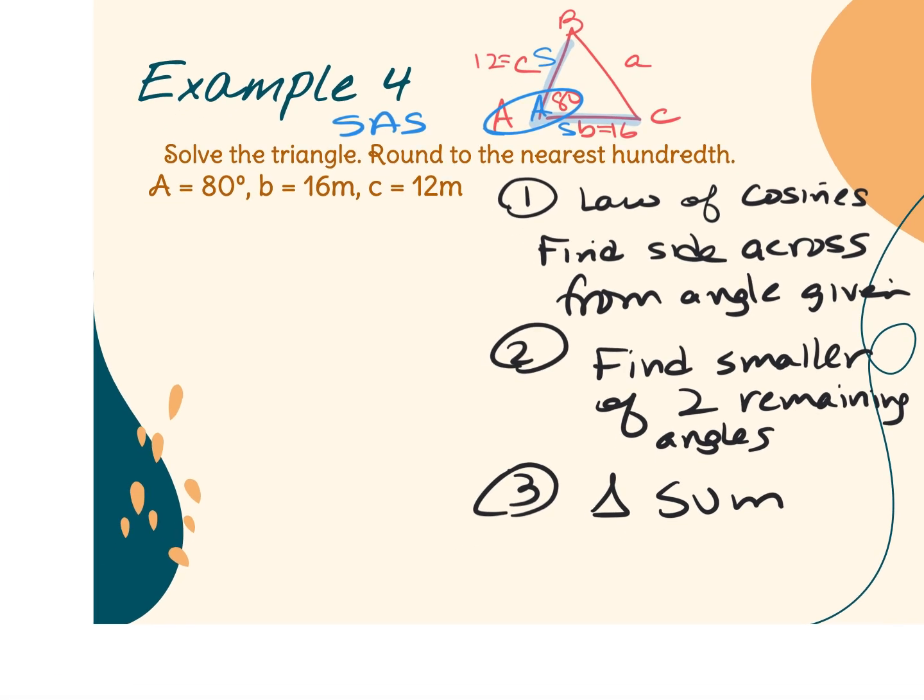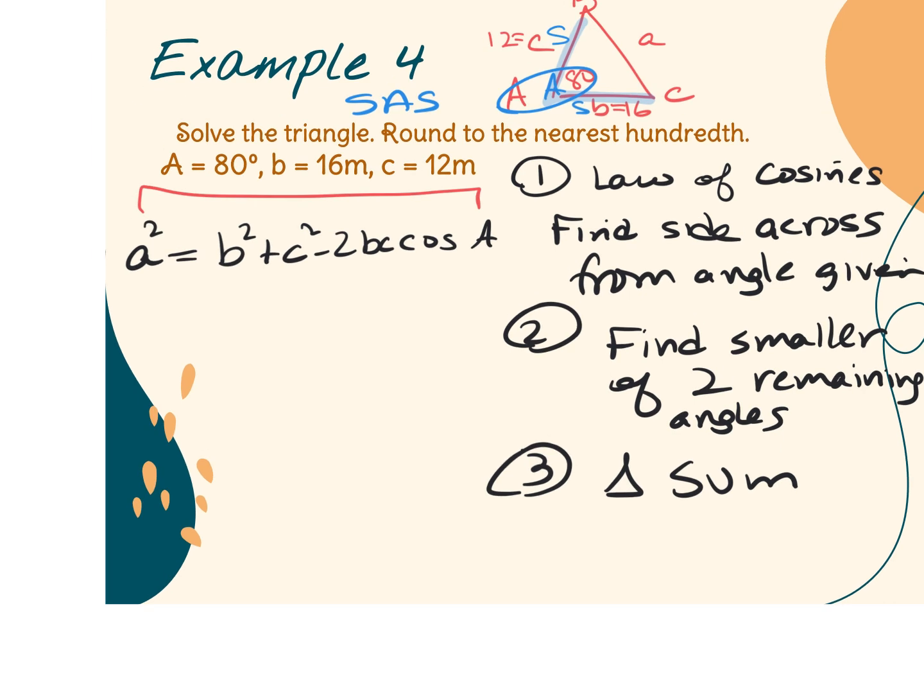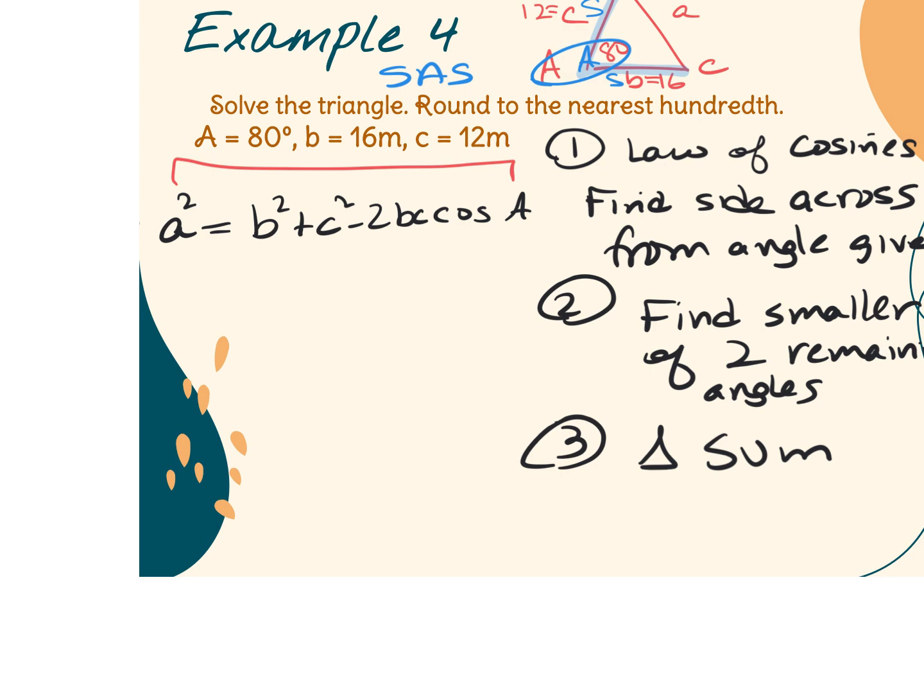So since they gave us angle A, we're going to be finding side length A, and we're going to be using the standard form of the law of cosines. So A squared equals B squared plus C squared minus 2BC times the cosine of A. And again, notice the beginning and the end, they have the same letter, but one's uppercase, one's lowercase. So now let's just fill in our numbers. So I don't know A. So A squared